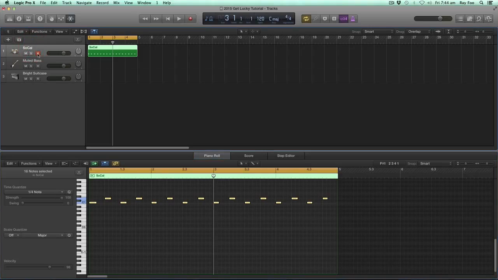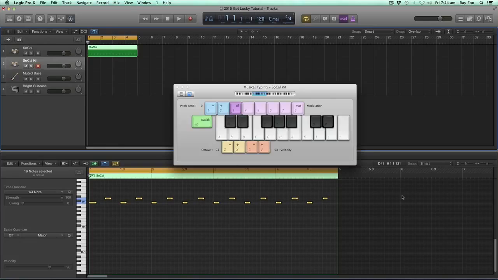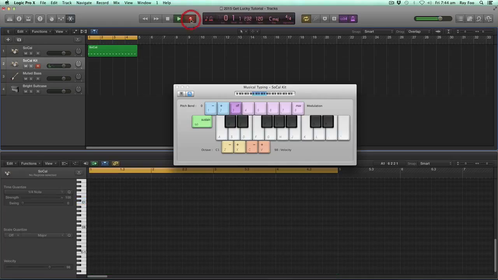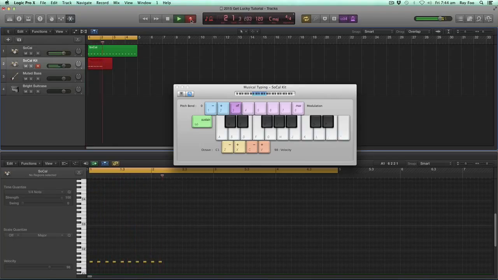Next thing I'm going to do is duplicate this track. To duplicate this track, I'm going to press Command D. And what we're going to do here is record the hi-hats. So I'm going to load up my virtual keyboard again, Command K. And the hi-hats is this over here. So I'm going to do this in 16ths. 1 e and 2 e and, so I'm going to record this. 1 e and 2 e and